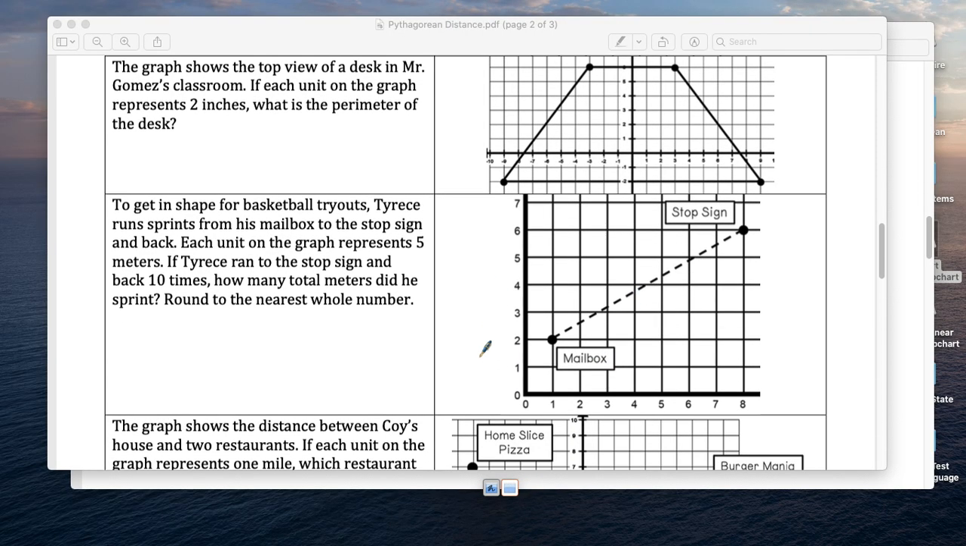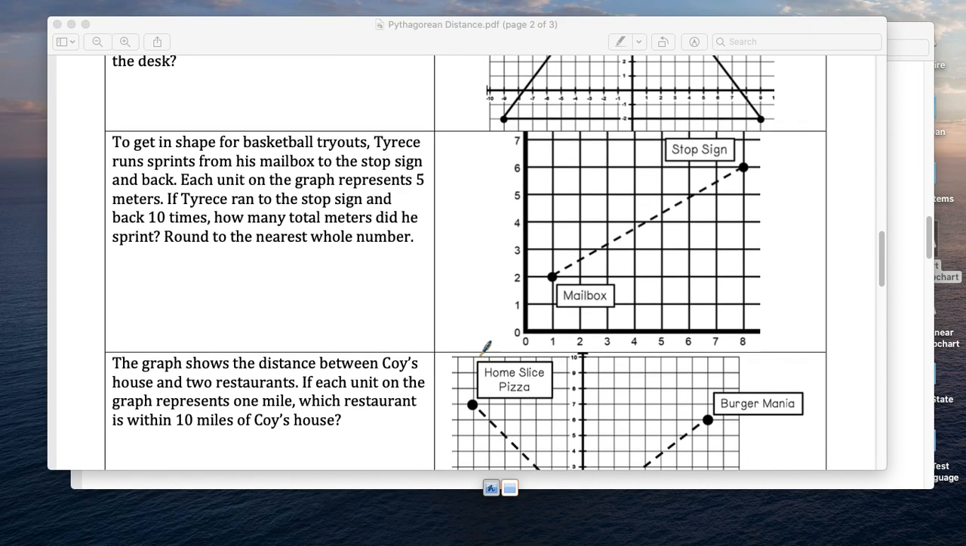What is this? To get in shape for basketball trials, Tyrese runs sprints from the mailbox to the stop sign, back to the mailbox and back. Each unit of the graph represents 5 meters. Okay, if he ran that 10 times, how many meters did he run? All right, so